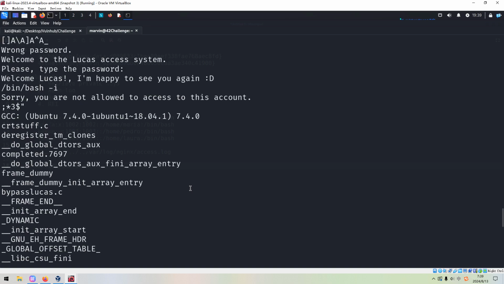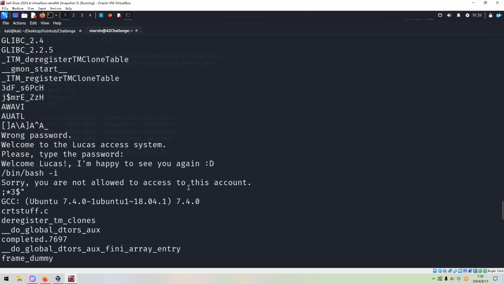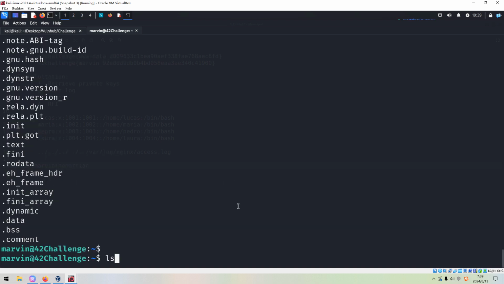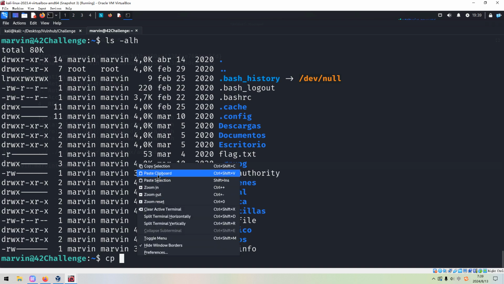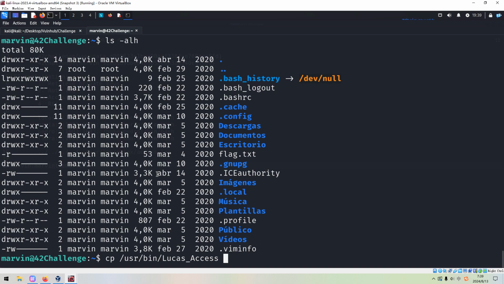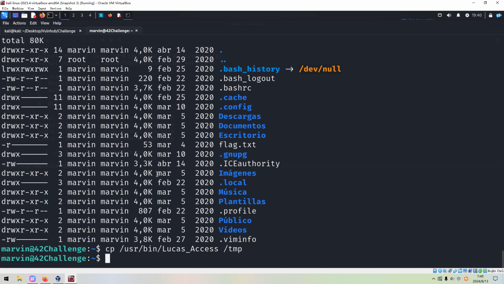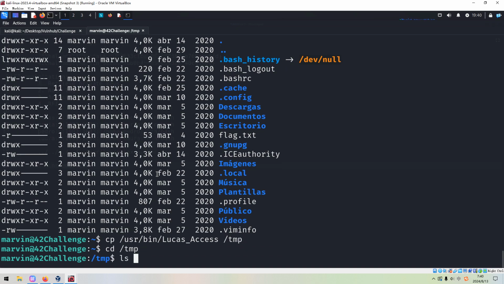We can use strings to display the readable characters of this binary. And we can scroll up. So please type the password. If we provide the correct password, then we can run bash. So I think the next job for us is to get the password for this binary. So how to do? I think we can transfer this binary to Kali Linux for analysis, right?